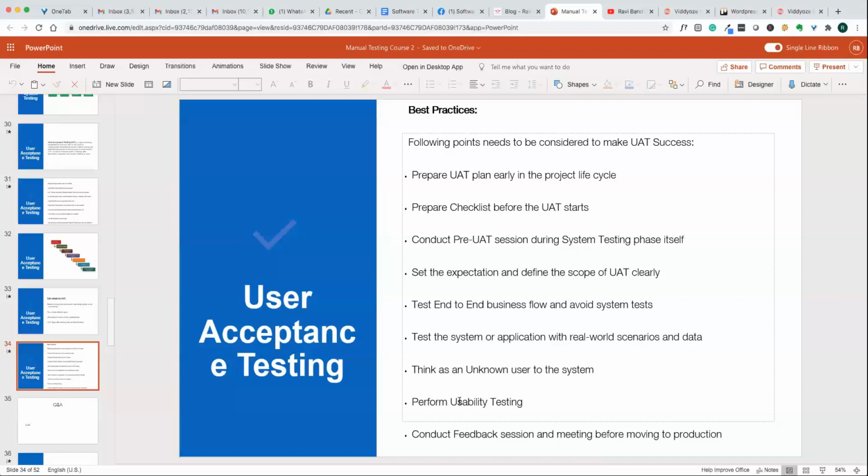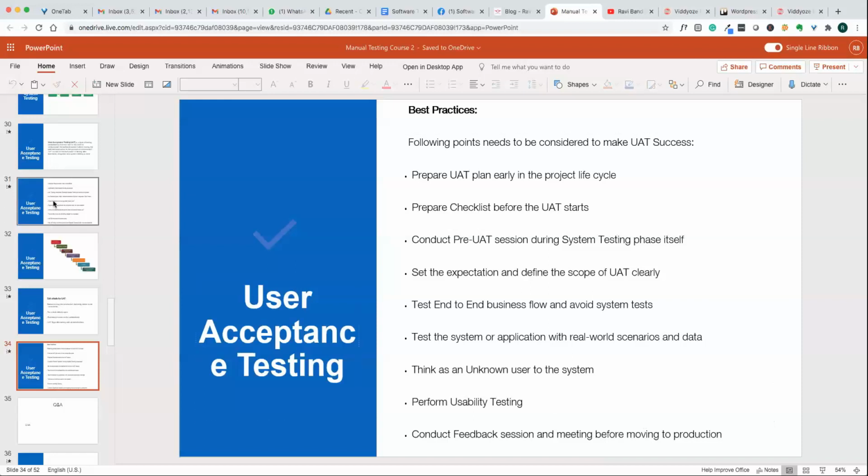Then there is usability testing. This is how easy the system is to use for users. They should be able to easily understand the functionality of the application. So that's usability. Then there will be a feedback session and there will be a final meeting before it goes to production.